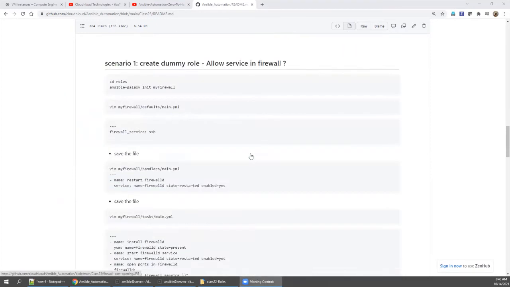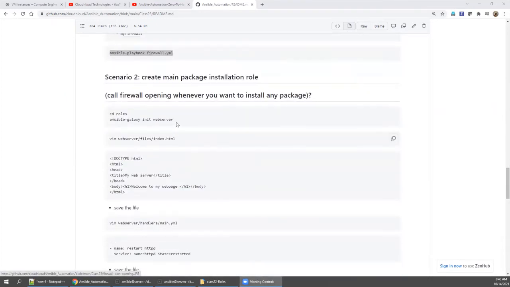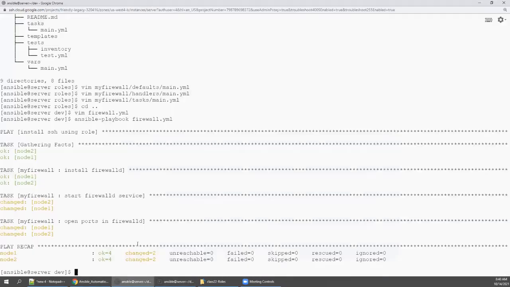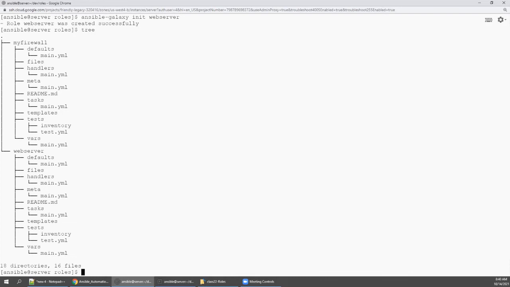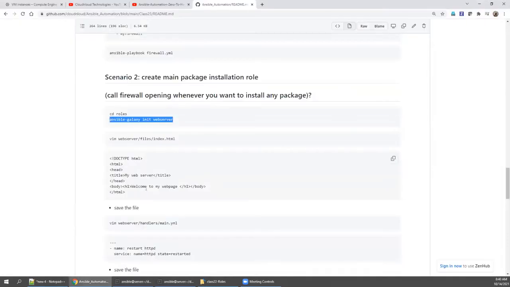So I'm going down. Now we will create an actual role, web server, right? I'm going inside the roles directory with cd, and then we will create a web server role. Let's run tree, and the empty folders got created.